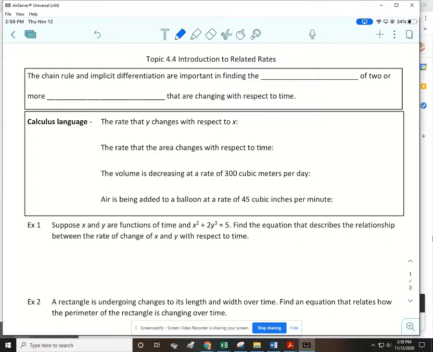All right, we are getting ready to talk about related rates. And it's a pretty complicated and challenging topic in AP Calculus. So today is just an introduction. And when we're doing related rates, it's important that we understand the chain rule and implicit differentiation. So the chain rule and implicit differentiation are important topics in finding the rates of change